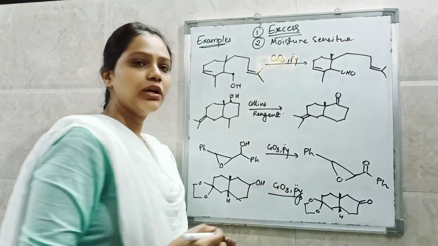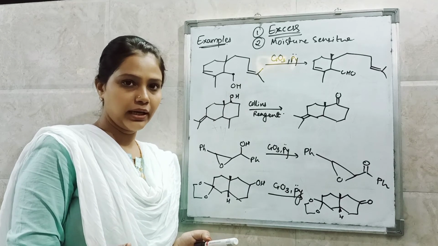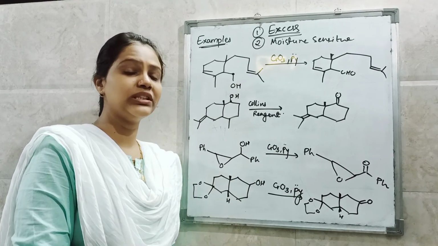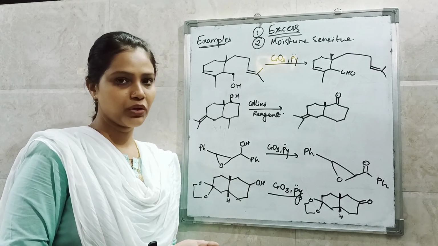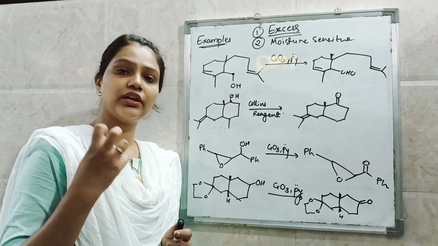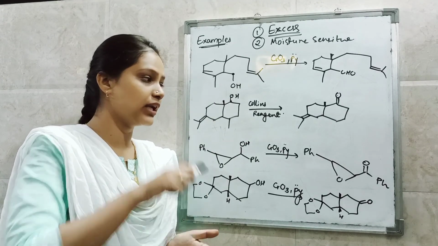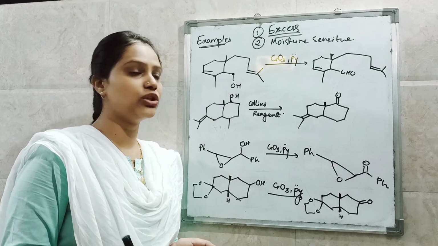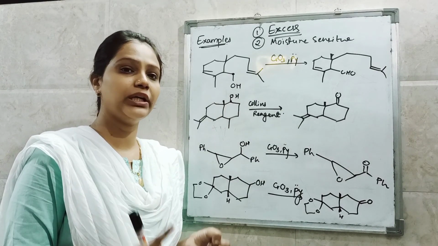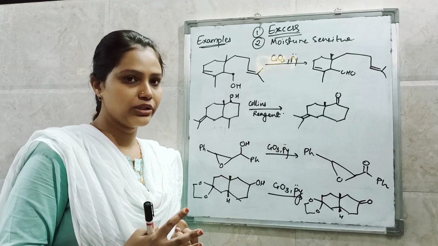If we are taking the reaction in aqueous media, the chromium trioxide pyridine, that is Collins reagent, loses its activity and does not show this type of reaction. So it is moisture sensitive. Whenever it comes in contact with moisture or aqueous media, it loses its reactivity and does not give the following conversion. So these are the two drawbacks: it is required in excess quantity and it is moisture sensitive. So we have to take excess reagent and we have to maintain inert conditions for the following conversion.